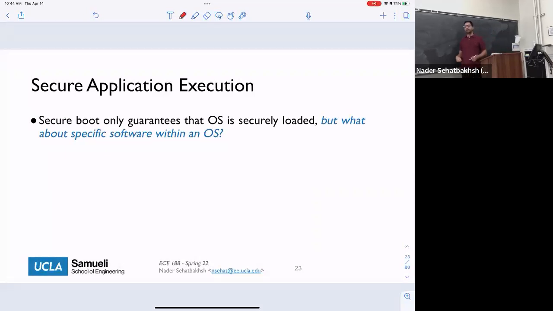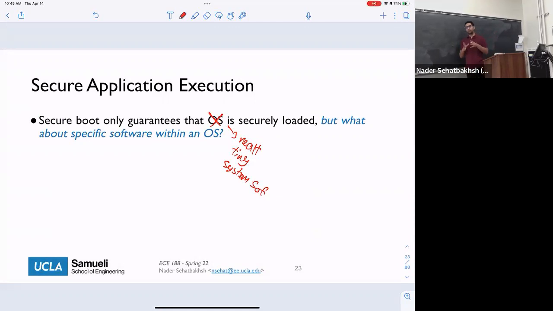So now we have fully loaded our operating system in some known good state. And by the way, if the system does not have an operating system, usually there is some sort of real-time system, or some tiny OS, or in some cases just basic system software. In any of those cases, we are loading some program that is the beginning and the initialization of our system. And that program takes control at that point, right? So then we need to continue.